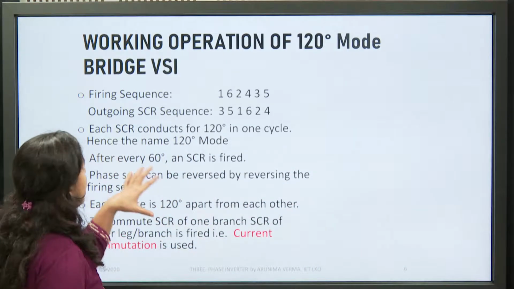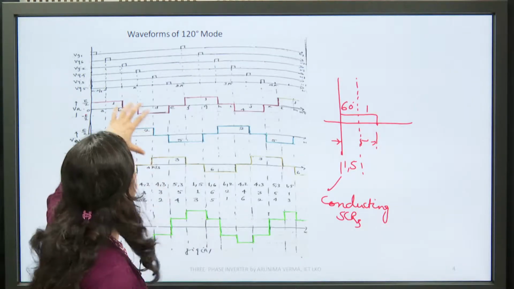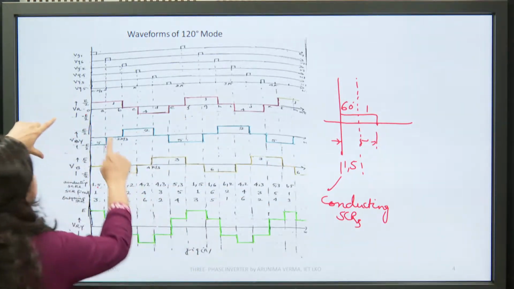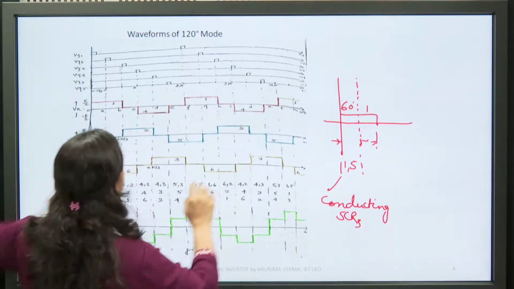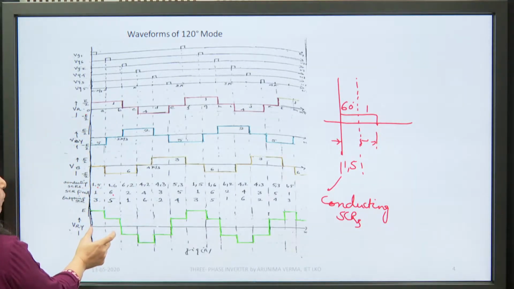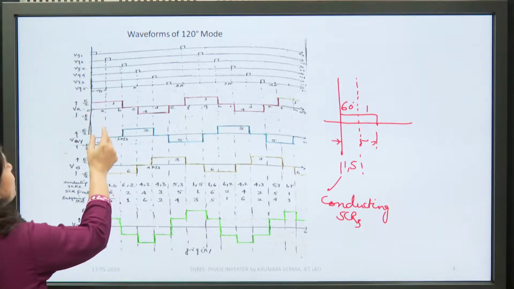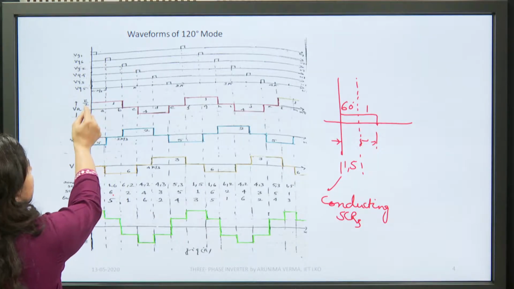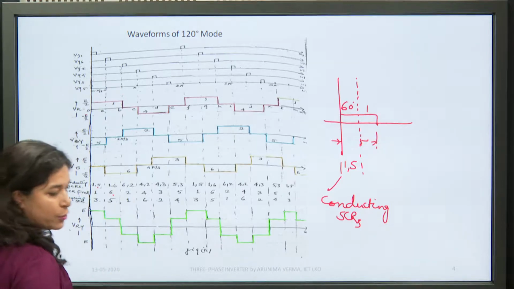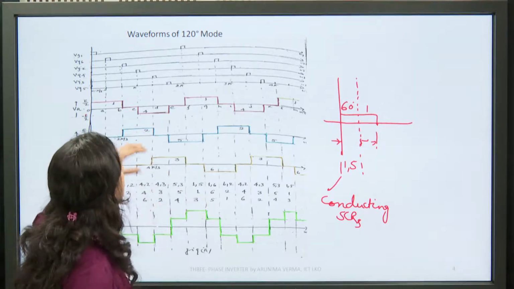Now, in this case when SCR is fired after every 60 degree interval, as you can see over here, this is a phase voltage which is being plotted. You can see the phase voltage VR, Vy, Vb, and this is the line voltage available across the load during each of the period. Now, this phase voltage has a magnitude E by 2 and minus E by 2, right. Now, how is this E by 2 and minus E by 2 achieved? Let us see from applying a KVL in the circuit.